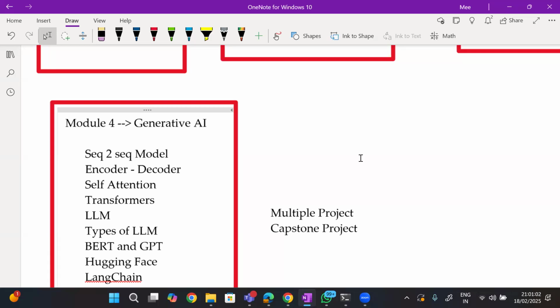Second, maybe some companies may not take it. Then what you can do is replace the last 2 years of experience as an AI professional. You will not remove it, you will just replace it. When you are putting your profile and searching for a job, with 2 years you can easily manage. 3 years you can very easily put after doing this course, because it will be a hands-on course.